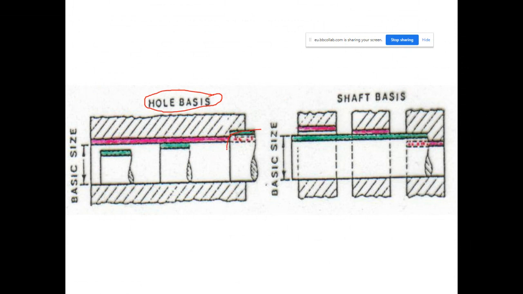If the masculine feature is not in the correct size, and its diameter is greater although we need to have a clearance fit between the surfaces, the stock size being greater than the size of the feminine feature, then we cut the material and decrease the size of the masculine feature. Yes, we do not change the size of the feminine feature. We change the size by cutting the masculine feature. Decrease the diameter. If it is in this order, it is an interference fit.